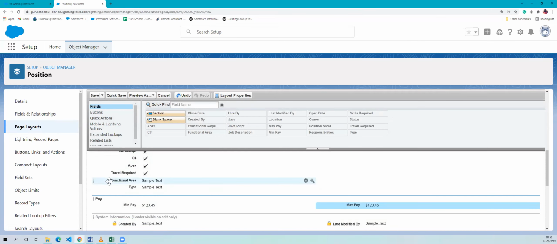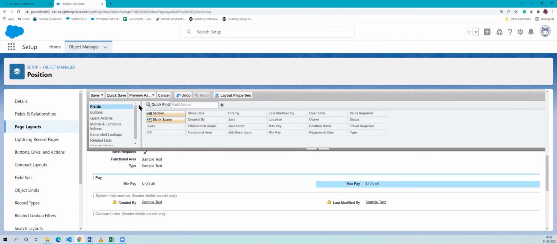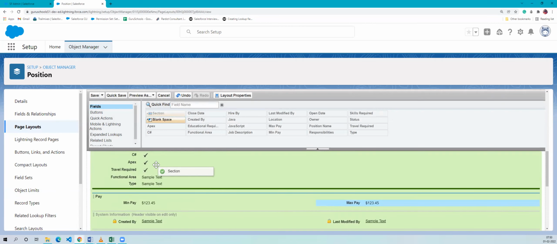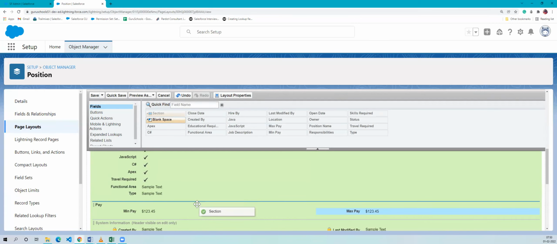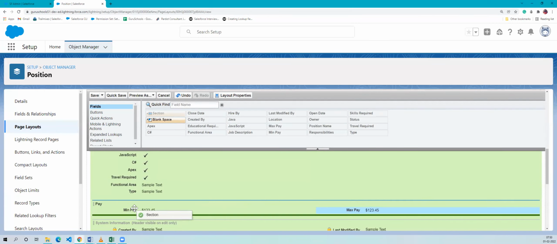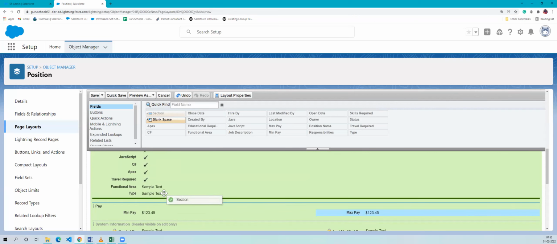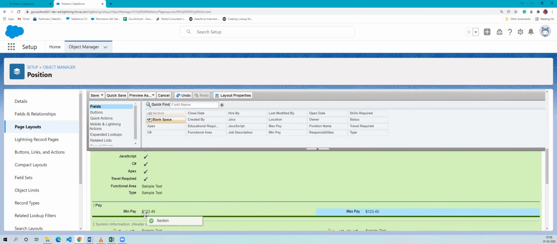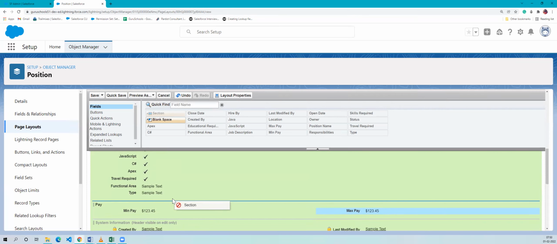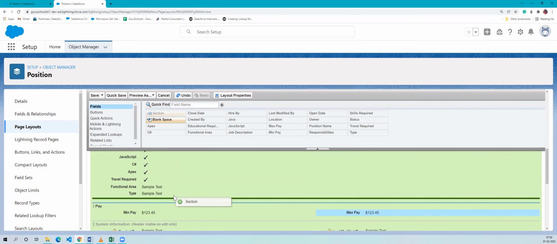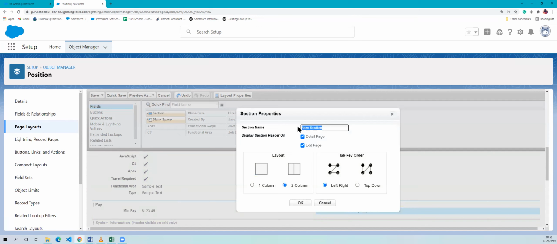So as you can see, if I select this section and drag, I can drop it only where I can see this green color line. I cannot add it on this particular section. Either I can add it above that particular section or below that particular section, but I cannot add it on this particular section. As you can see, it shows us the mark as well. So here, let's say,